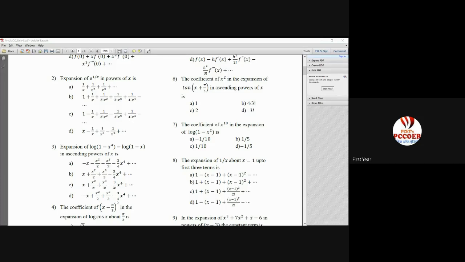So if this is the last question which you will solve, and suppose you have 1 second or 2 seconds left, then never tick B and C. If you are not able to solve it, one of A and D you tick. Maybe if your luck is good, you will get the answer immediately. But what is the answer actually? Answer is D, not A. In the solution it is written A. That is wrong. That's why I took this question. See, log of 1 minus, who got minus 1 by 10 as the answer?